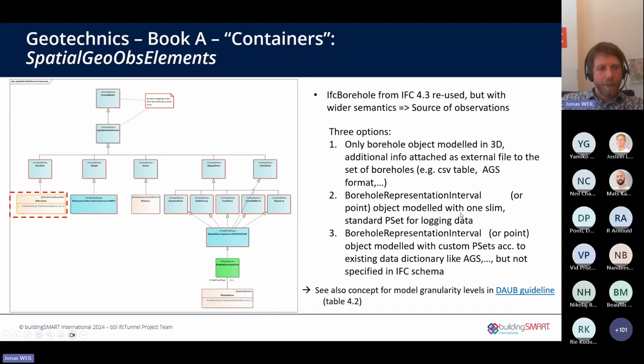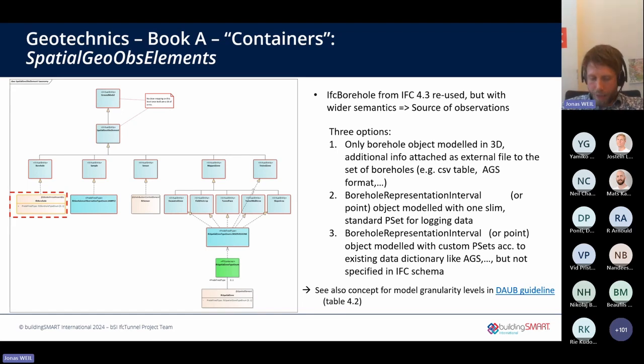So the scheme that is in the proposal now includes a standardized slim set of key properties that are usually logged. But as I said before, most important is the option to use custom property sets, because a borehole log is never performed in the same way all over the world in all the projects.